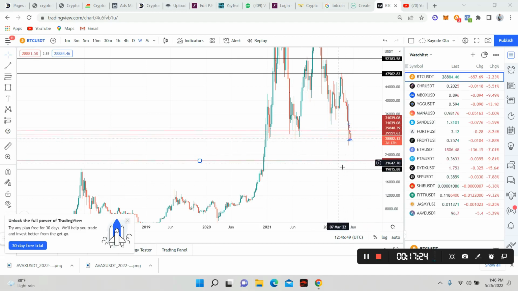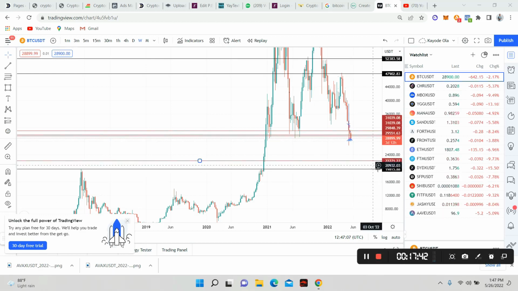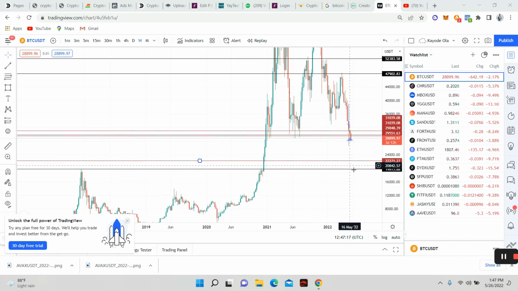If this zone comes, let's assume you have a portfolio of $1,000. Don't buy with all your $1,000. As a swing trader, don't buy with all your money. Let's assume I have a USDT portfolio of $1,000 as an example. I won't buy with everything. I will still keep a little residue just in case the market continues to go down. It's just a backup plan, it's risk management, and it's wisdom.